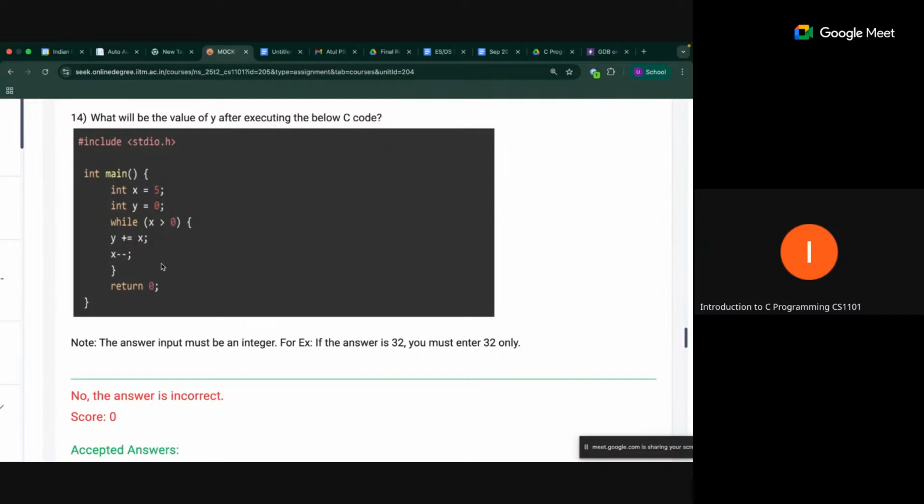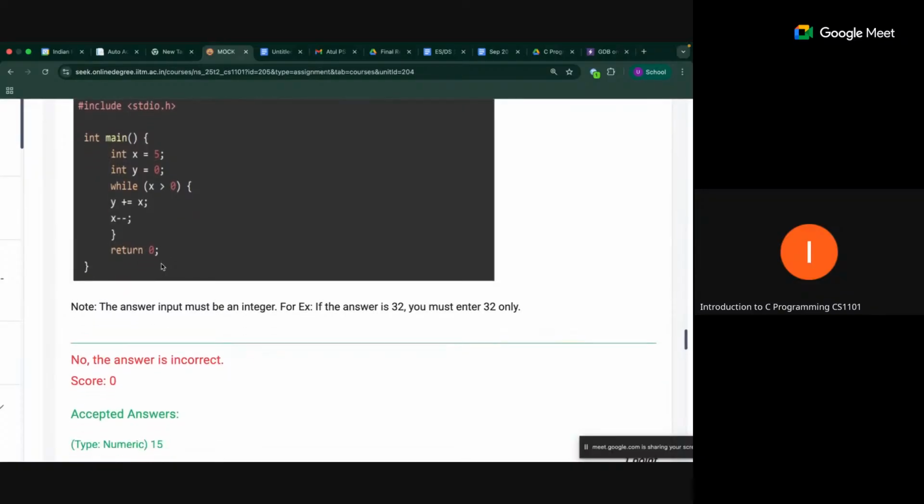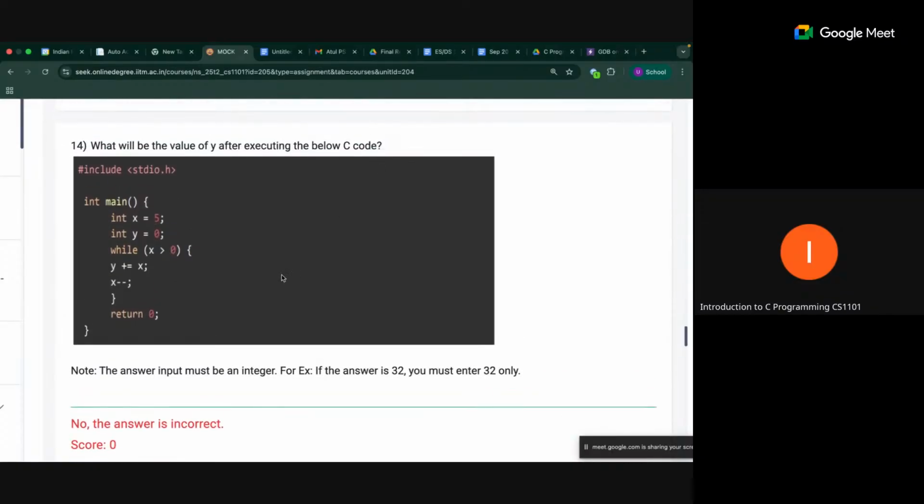Actually, what this program is doing, any idea? Sum of past 5 digits. Digits or values? Values. Yes, like 5 numbers are added. It's simple that, let's say,